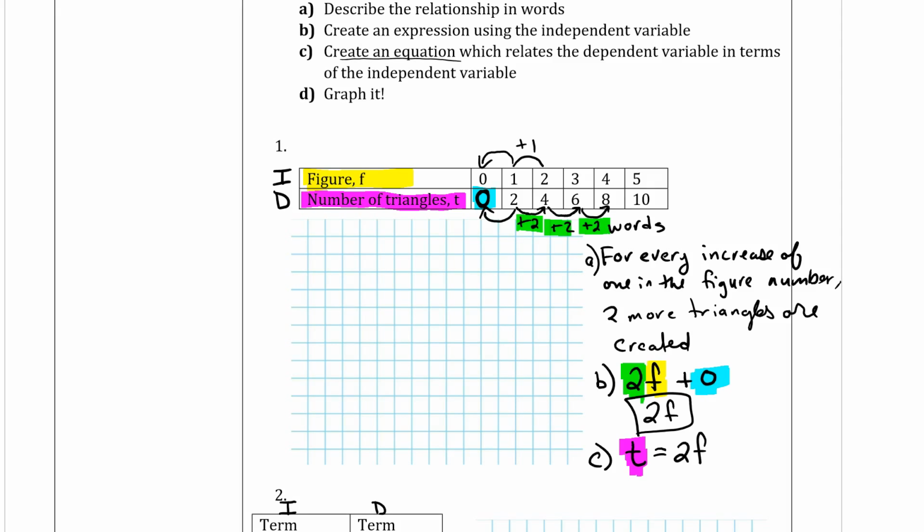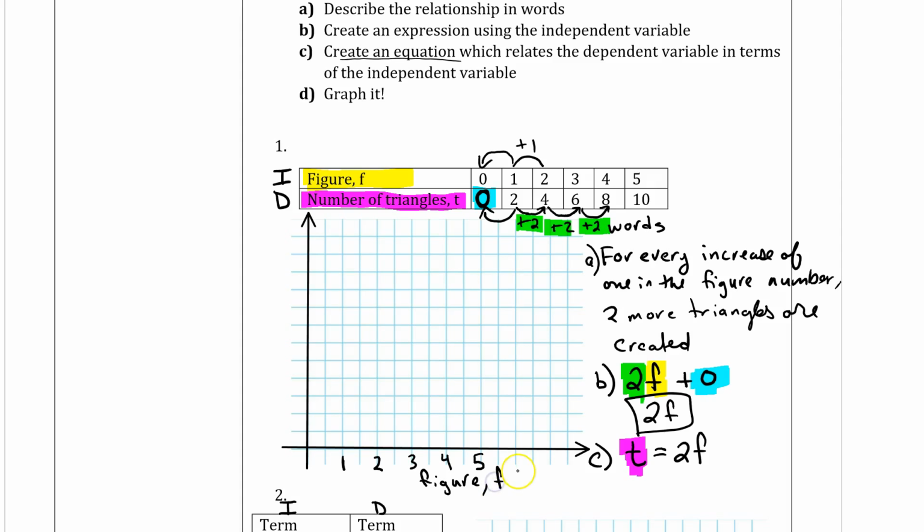Now the trickiest part about the graph is choosing an appropriate scale. But first of all, let's draw our axes. Now you notice that I used lines with arrows at the end of them, meaning that it can extend in both directions. Now for our independent, that goes on our horizontal axis, so we just need to go from 0 to 5. So I'm going to have 2 blocks for every one. So this is 1, 2, 3, 4, 5. And I'm going to label this figure